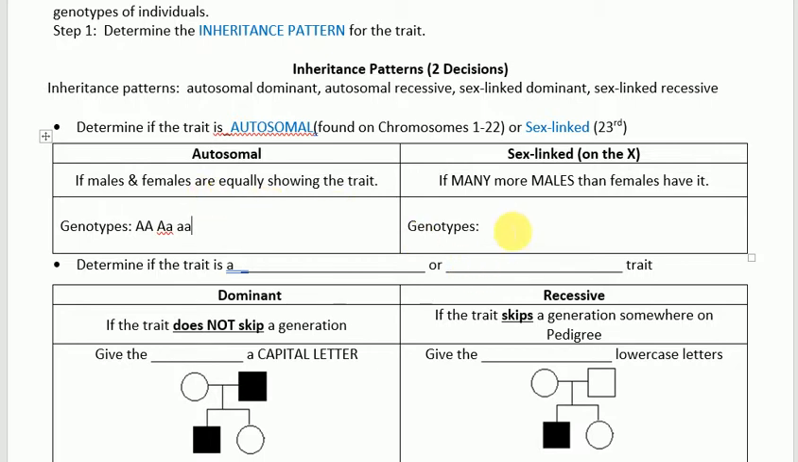If it is sex-linked, there are going to be a lot more males that have it than females. And if you think about it, we talked about that, it makes sense because the males only get an X from mom and they get the Y from dad, whereas females, they've got 2 X's. So they have a chance for a dominant trait to cover up that other trait. So your genotypes in this case,